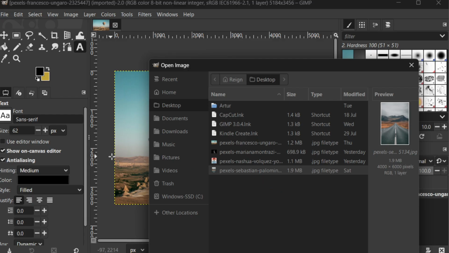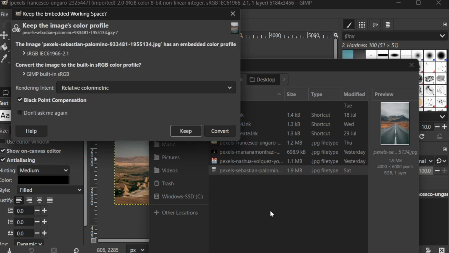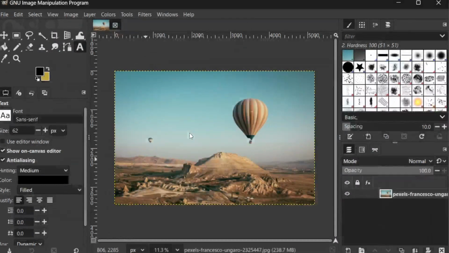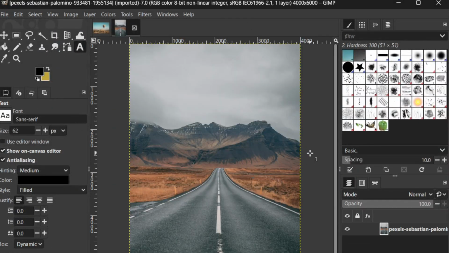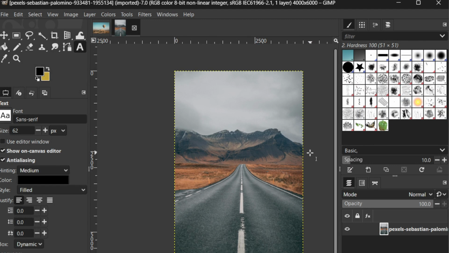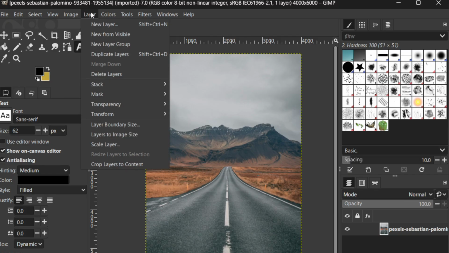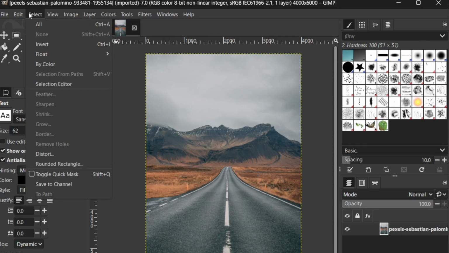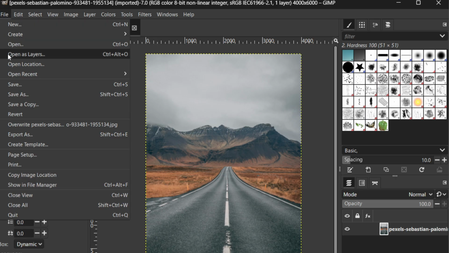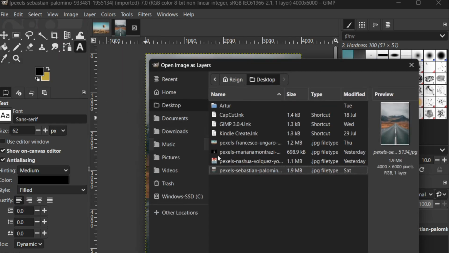Next, we want to incorporate a second image as a new layer. This will serve as the backdrop or additional element in our double exposure effect. It can be anything from a landscape to an abstract pattern, whatever you envision blending with your portrait. Head back to the File menu, and this time choose Open as Layers. Select your second image, and it will be added on top of the portrait as a new layer. This layered approach is central to creating the double exposure effect, because it allows us to merge and manipulate each